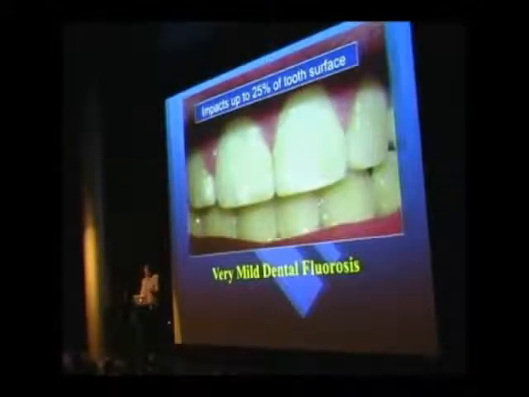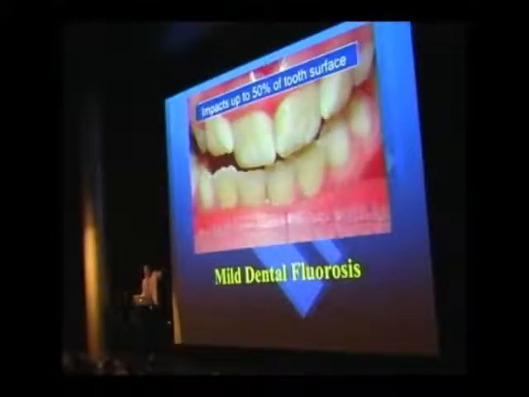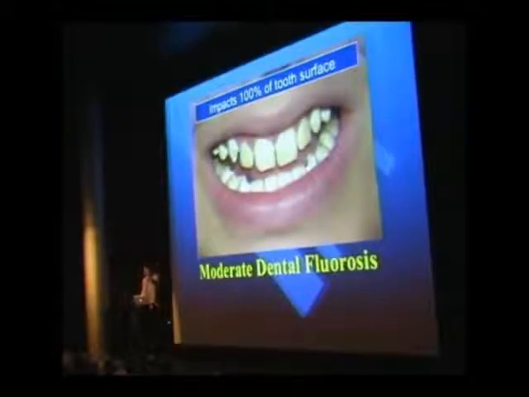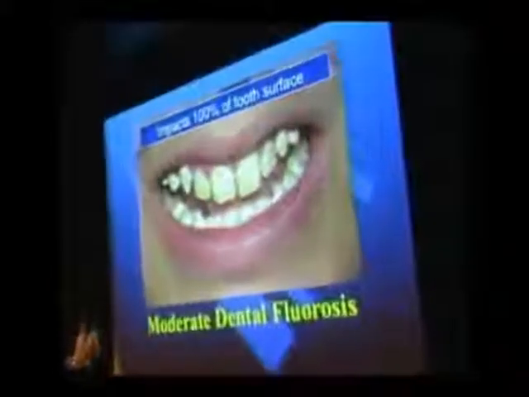Now, this is what it looks like. Very mild ranges from little white patches on the cusp of the teeth up to 25% of the tooth surface impacted. That's up to 25% impacted. Mild, notice the words, by the way, mild is up to 50% impacted with these opaque white patches. And moderate impacts 100% of the tooth surface, and this impacts over 1 in 100. It not only impacts 100% of the tooth surface, it tends to get discolored and with indentations. And amongst other things, that causes psychological